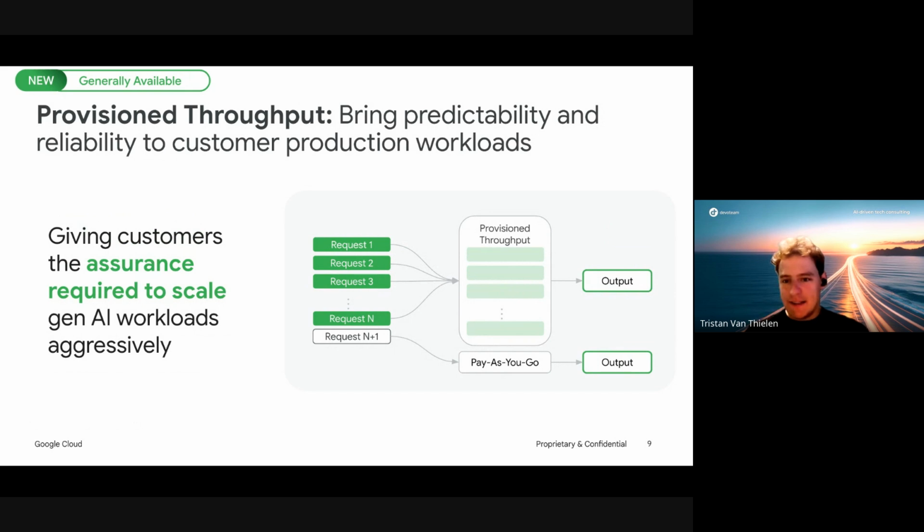Moving onward, as I promised, I will go through provision throughput. So for those who have worked with Gemini models, especially moving closer to the production sphere, you might have noticed that it's a bit hard to know exactly how much you're going to spend, right? You're going to get a lot of requests from a lot of users that will vary dynamically, and you want to avoid spikes in billing because of the amount of tokens you're processing, spikes in latency because you don't have that assured availability. Well, Google has actually come out with a service called Provision Throughput,